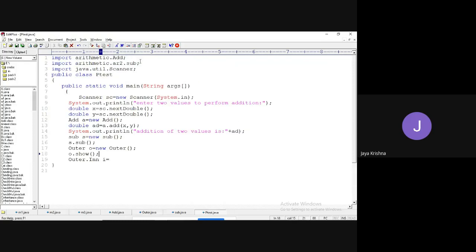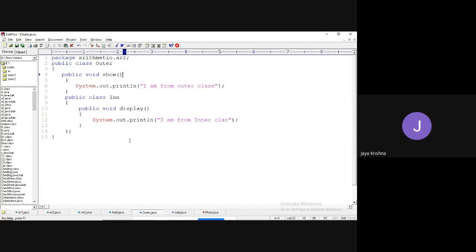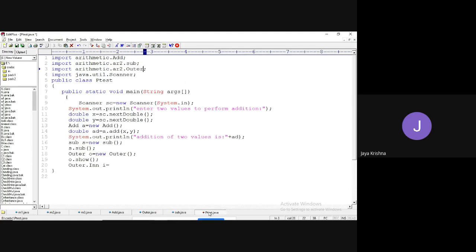To call this outer, you have to import this package also, because I have specifically mentioned sub. I want to get outer also. This package is outer. Yes, O is capital. Created. Yes, it will work successfully because outer is available as part of the import loaded.